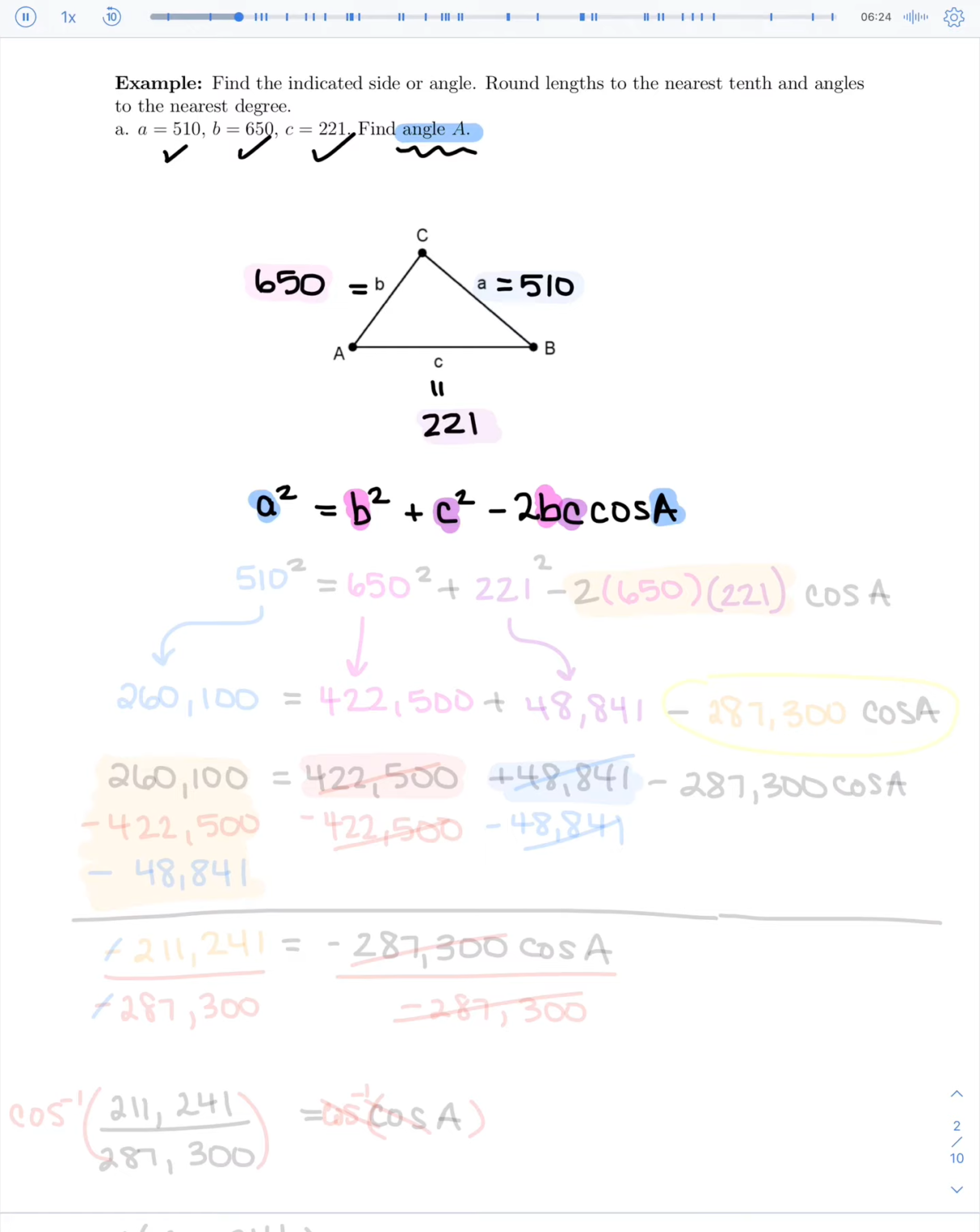Now notice we do have side A, which is 510. Remember, our sides are squared because it's very similar to the Pythagorean theorem, although it's not the Pythagorean theorem because it's not a right triangle. It's the law of cosines. And then we've got B, which is 650. So we'll plug that in, which is again squared, plus C, which is 221,